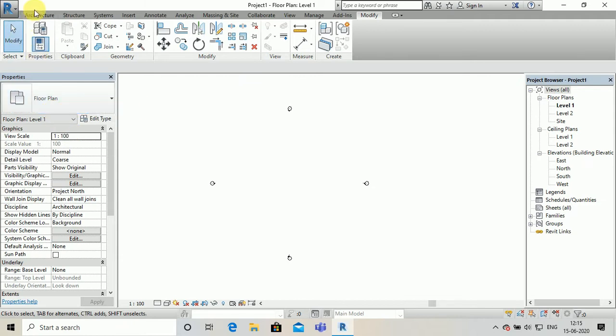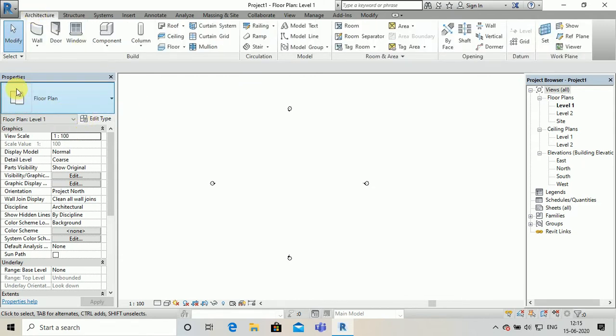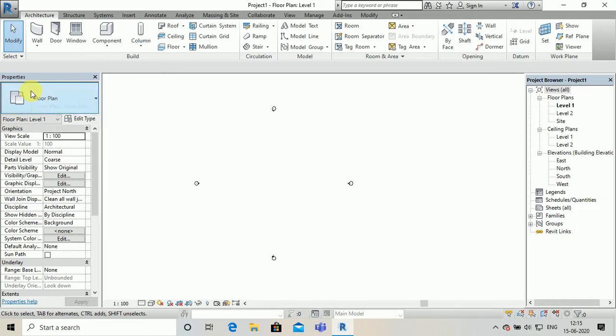These are the properties panels. Here in the top portion, as you can see, this is known as the type properties. Here you can change the type of whatever you make, any doors, windows, walls, anything, any different types you can change. You can duplicate or rename, and you can change that type.